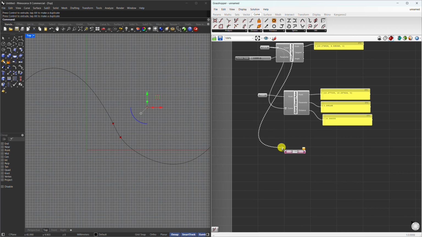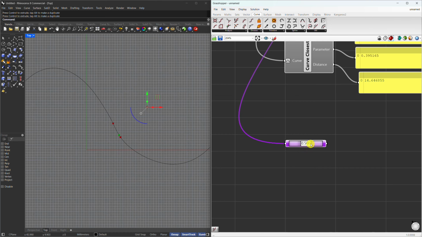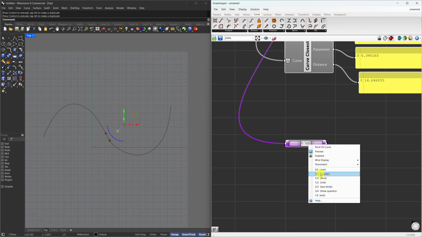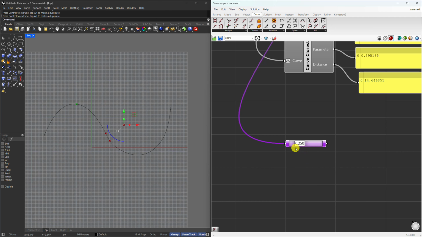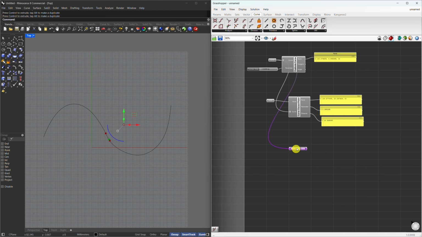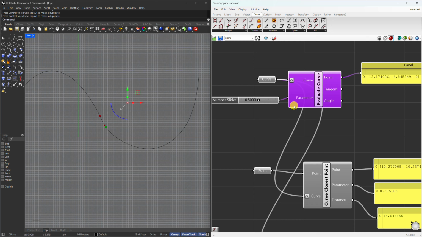You will use this component when you want to directly find the midpoint, start point, or one-third point. If you only need the point location, then you can use this component. Let's set the parameter also to 0.5. Oh, it's already 0.5. As you can see, this is also 0.5, but both things are not matched because,